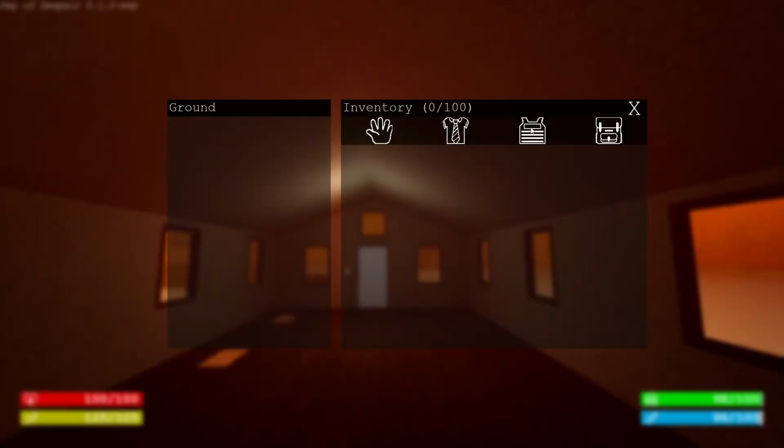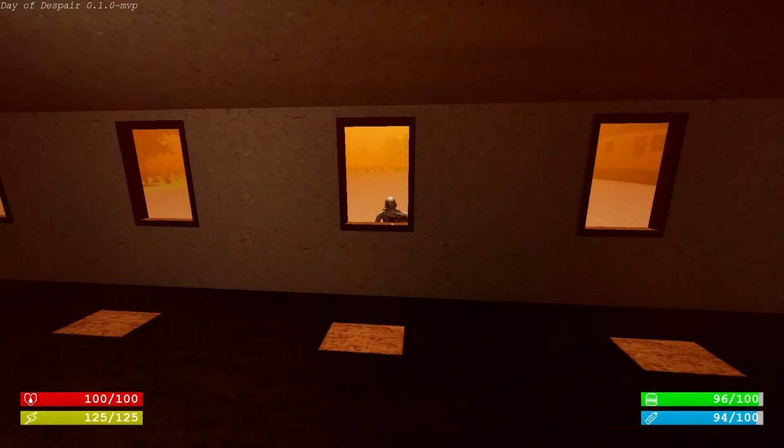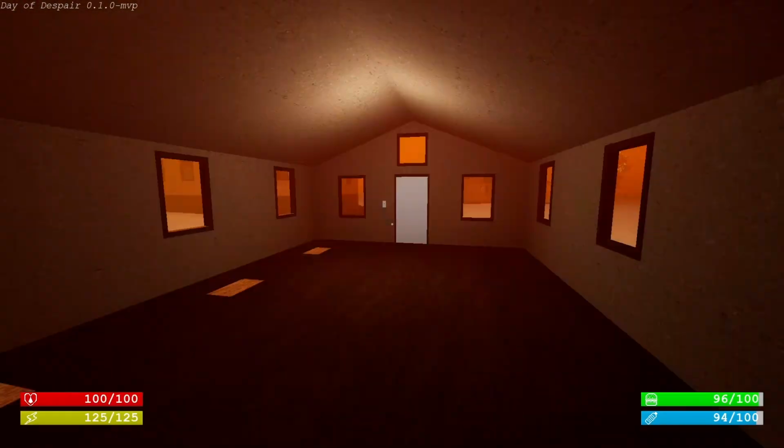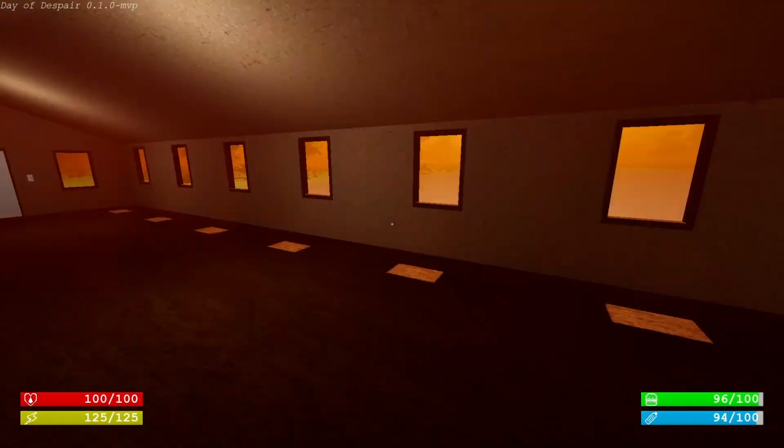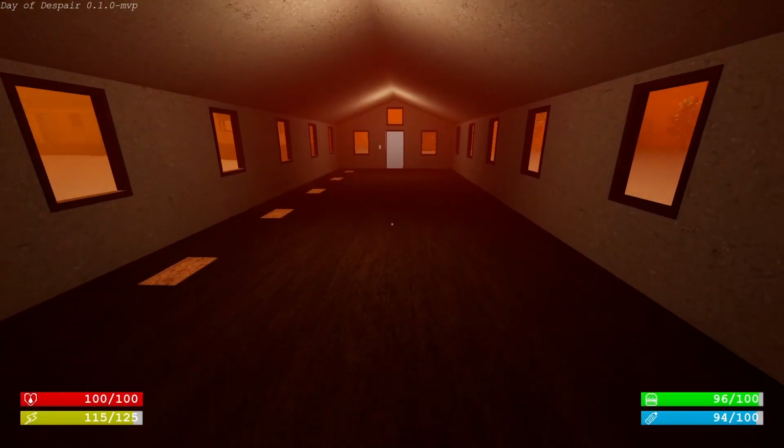So, we have a few different slots here. We have our hand, which represents the item we currently have equipped. We have a little shirt here for the clothes that we're wearing. Doesn't do anything right now, but, you know, future, crossing fingers. We have this vest, which, as you might guess, reduces the amount of damage you take. Then we have a bag, which, I'm sure you can guess what a backpack lets